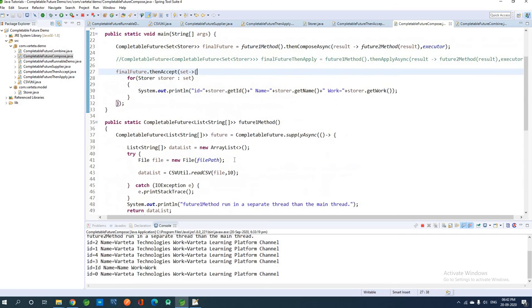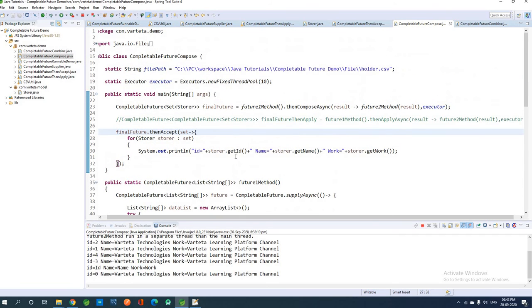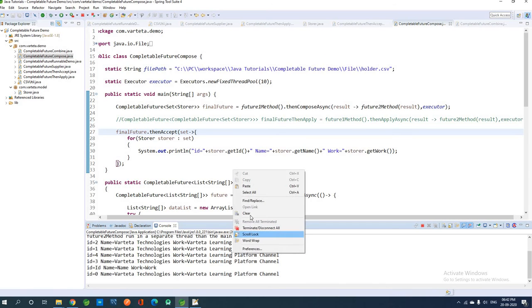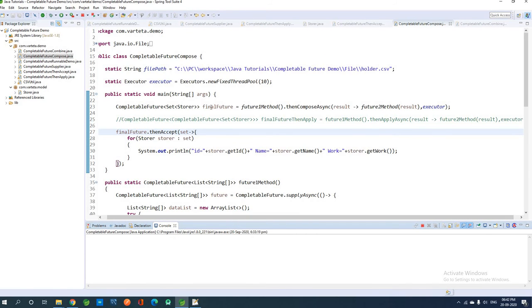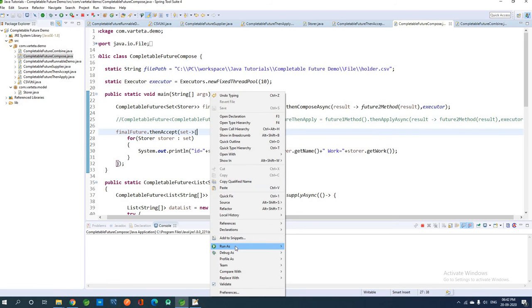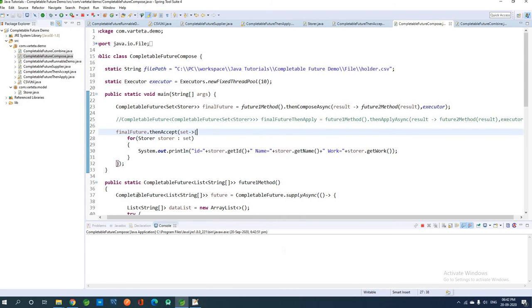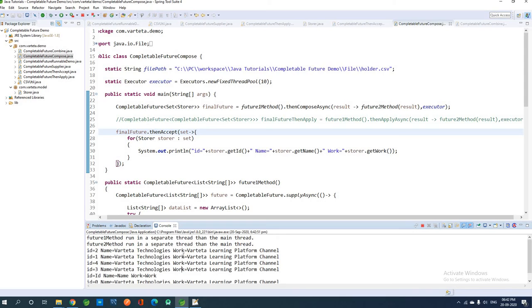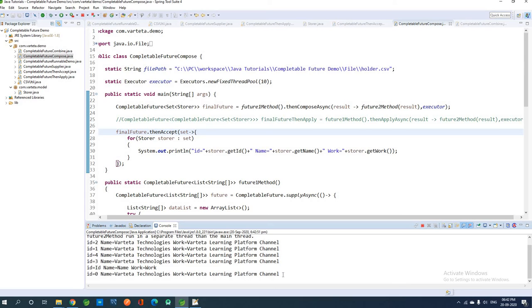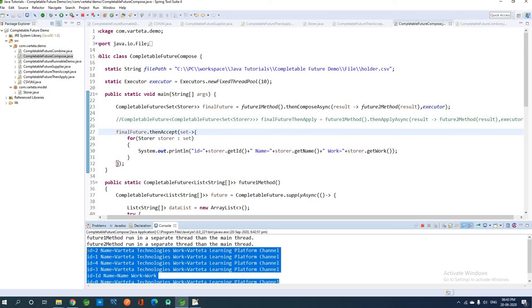This is a very similar program to the previous programs, and let's see after running it. See, it's picking up the first 10 lines of the CSV file, removing the duplicacy and printing them onto the console.